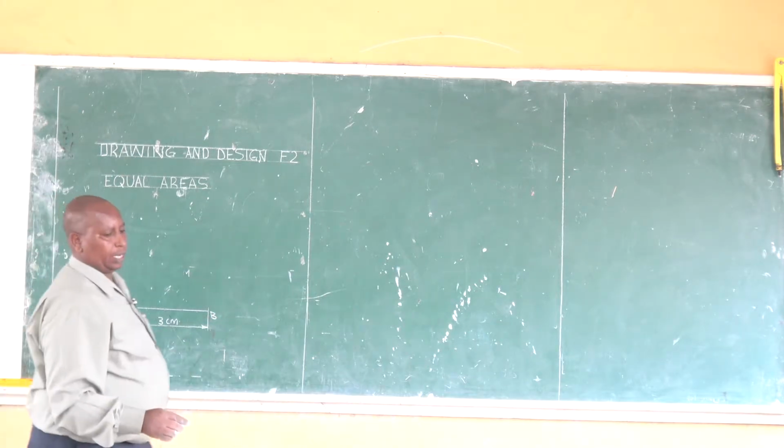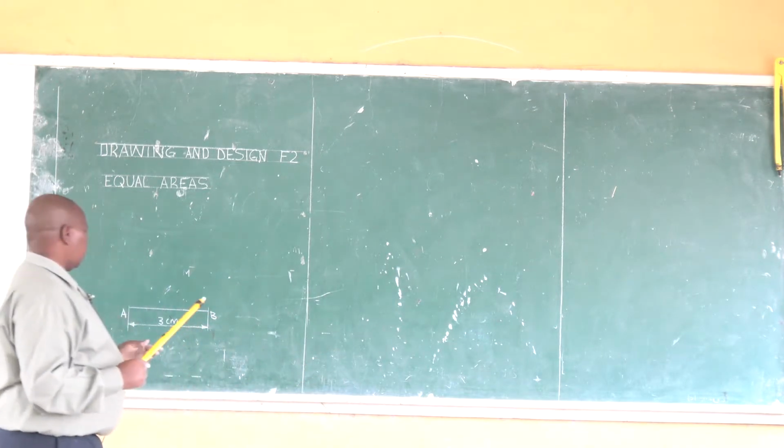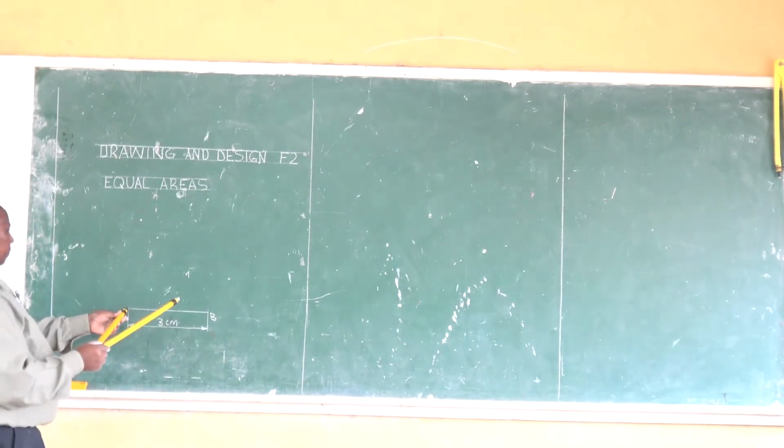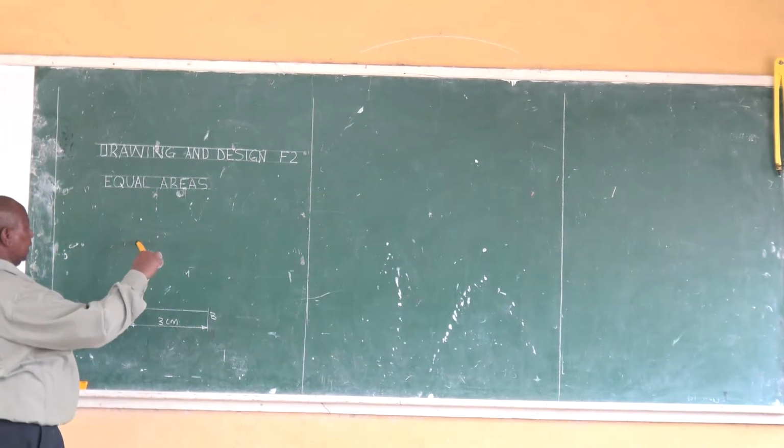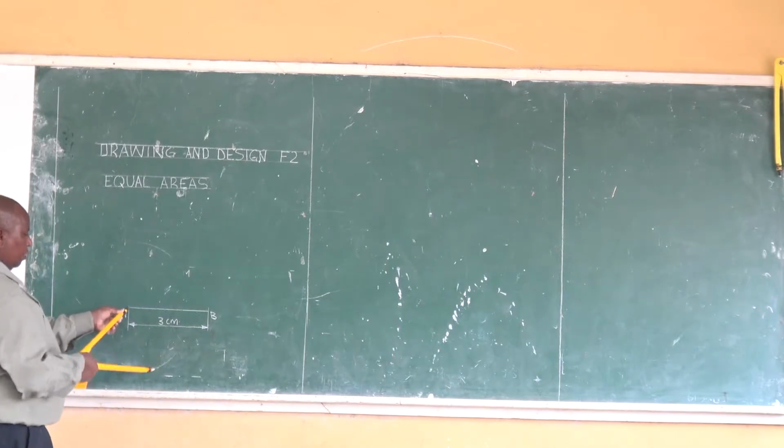The method that we are going to use is the universal method. So bisect line AB,